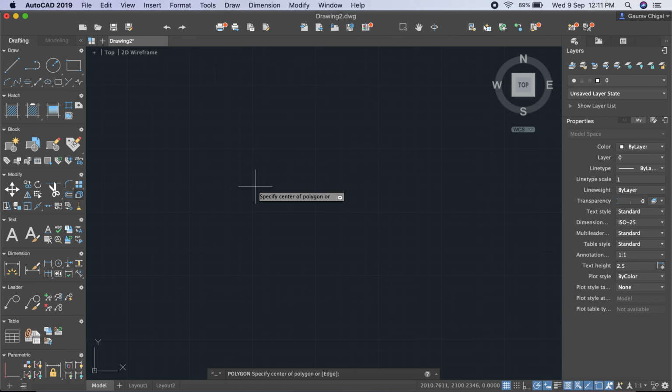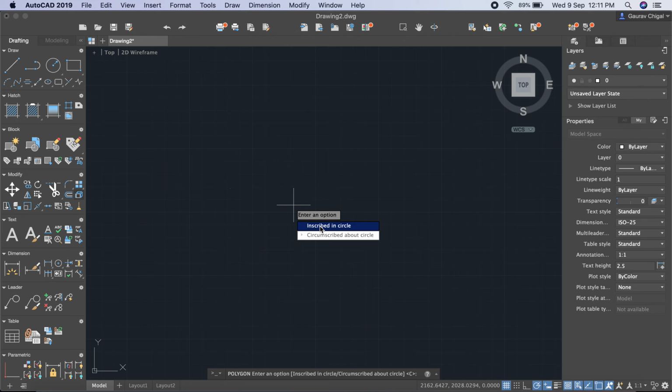Then the polygon asks me about the center of the polygon. Let us say somewhere here; you can click anywhere on the screen. Now the software asks whether the polygon is inscribed in a circle or circumscribed. Inscribed means that your polygon is within the circular limit, made inside the circle.